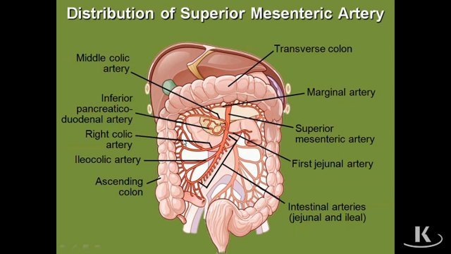So those communicating arteries, those anastomosing arteries, create what in essence is one continuous arterial pathway, which is a series of anastomoses between these vessels, and that continuous pathway is called the marginal artery, or the marginal artery of Drummond. So the marginal artery isn't really an artery itself, it is a series of anastomoses between branches of the middle colic, right colic, and ileocolic arteries, and as we'll see in a few moments, it continues on with branches of the